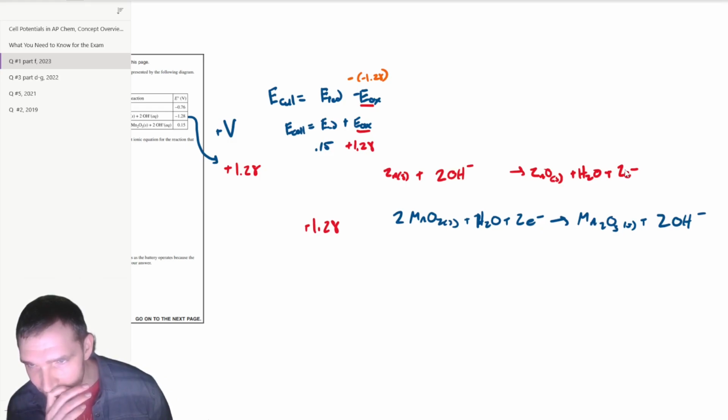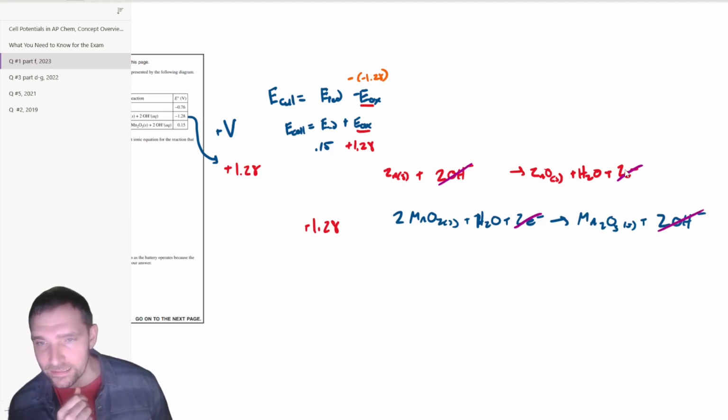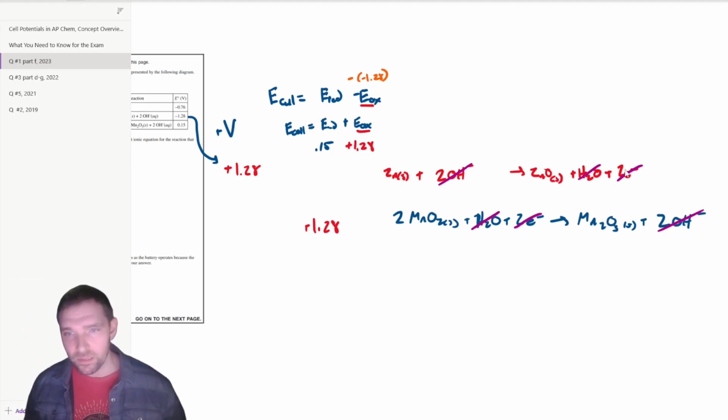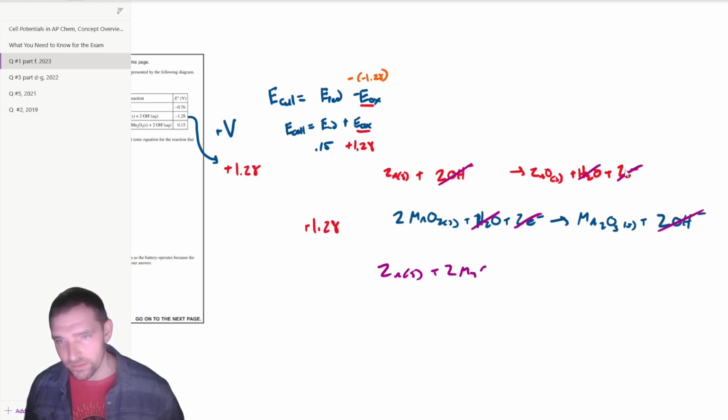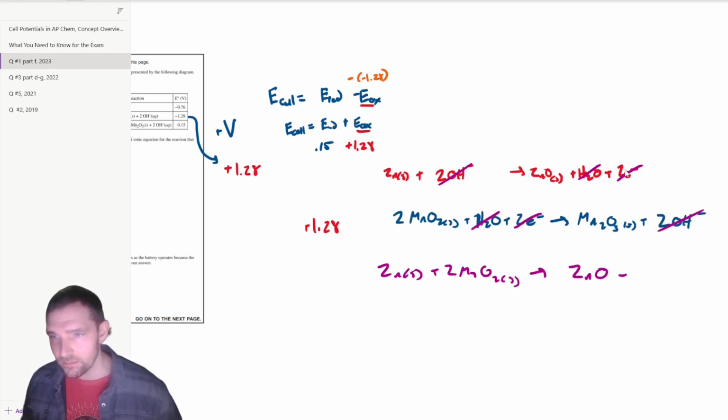You can see that our 2 electrons get canceled out. It looks like the 2 OH minus are also canceled out, and the water also cancels out. So it leaves us with the zinc solid plus the 2 MnO2 solid reacting to form zinc oxide plus